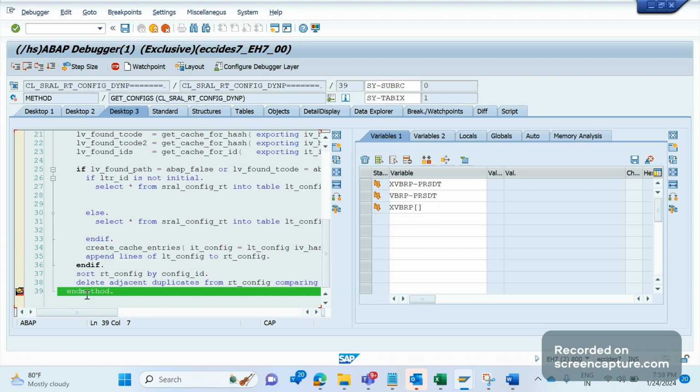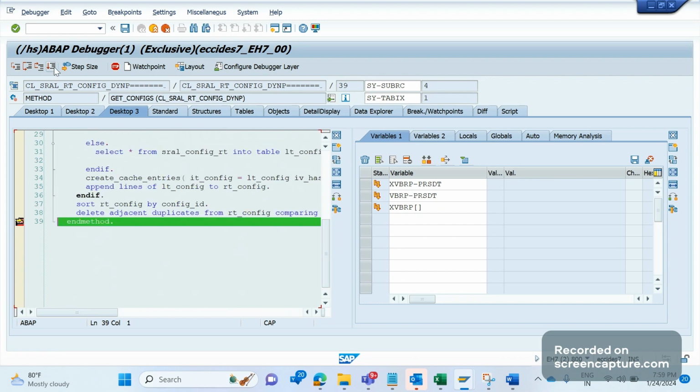Let me click on F8 now. See, this is how we should work, and this is the use of Shift plus F12, that is the go to